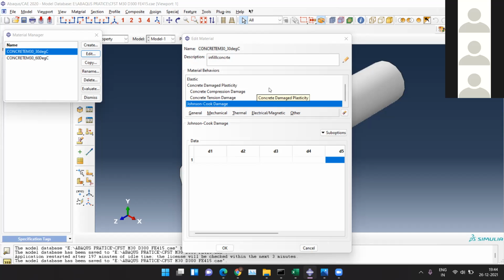Tomorrow when I prepare, I will complete the video and the material properties and assign them. Then I'll provide a tie bond between steel and concrete, and fixed ends at the boards. Until then I can do it. While giving the blast loading, can you help me tomorrow, showing how to give the time limit and everything? Sure. You can give a trial also. For the trial limit, go by default as a thumb rule, 0.005. Try that and let me know how it's coming. Okay, sir. Thank you, sir.